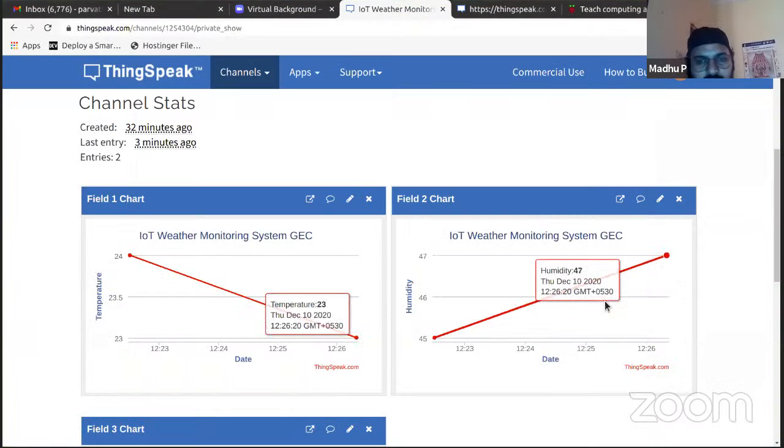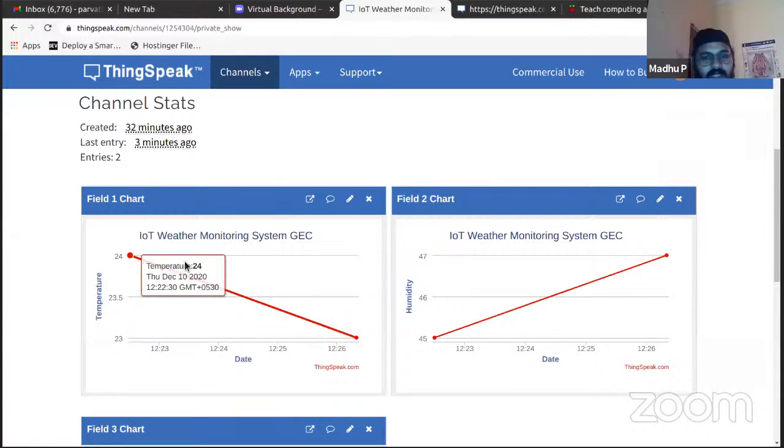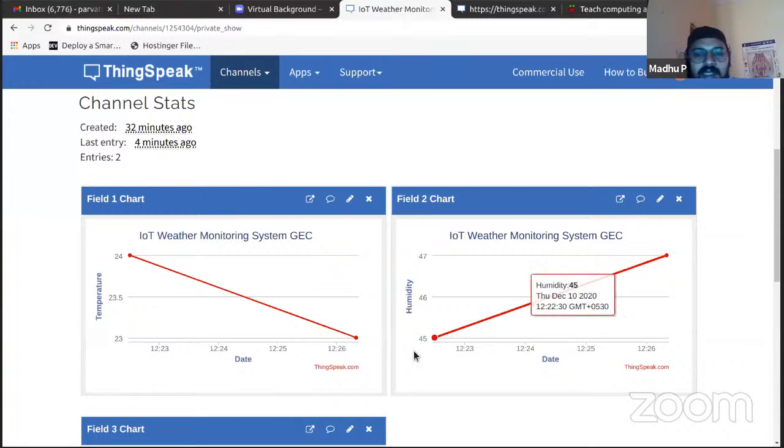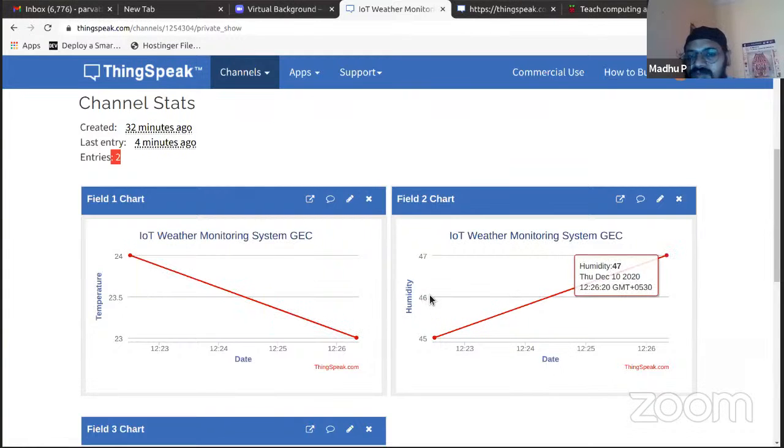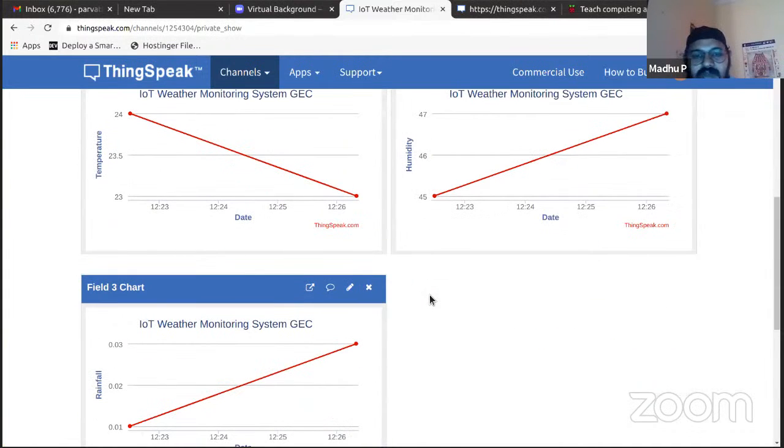Okay, so here I have uploaded the data twice, one with 24 and one with 23. You can see a line which has been drawn between the data points. Like this, a line graph will be plotted if you keep uploading the data. I'll show you the dynamic case, but here in the static case it is drawing a simple line between the two data points, with temperature 23 and humidity 45 and 47. It's very simple to upload the data. It's all about calling